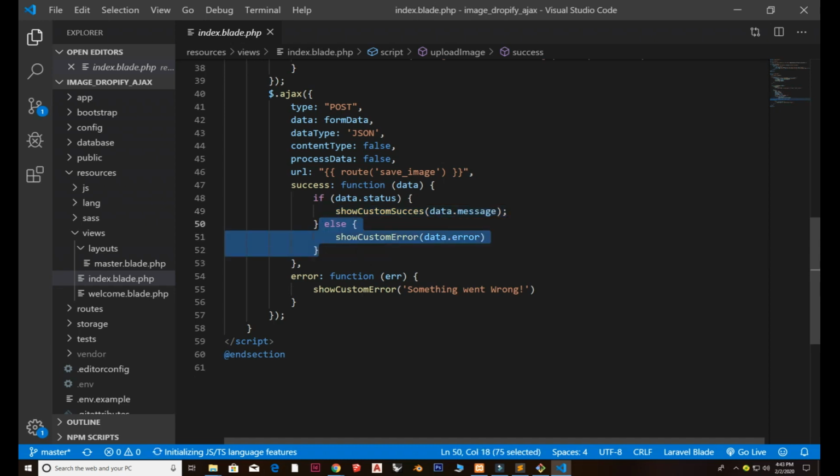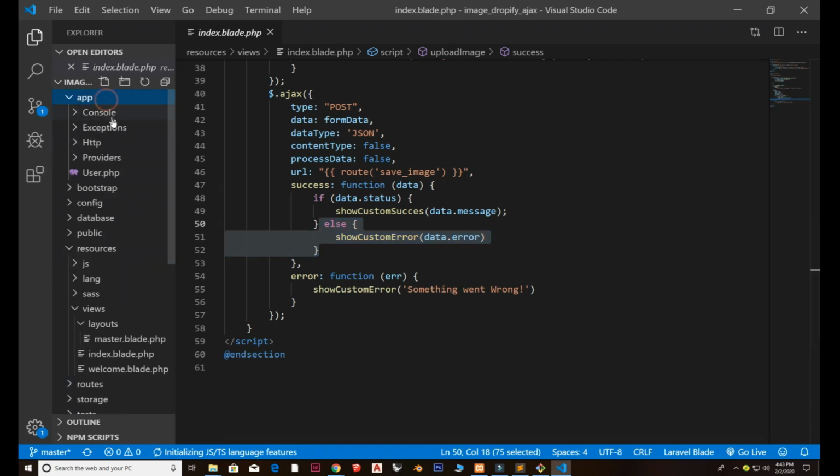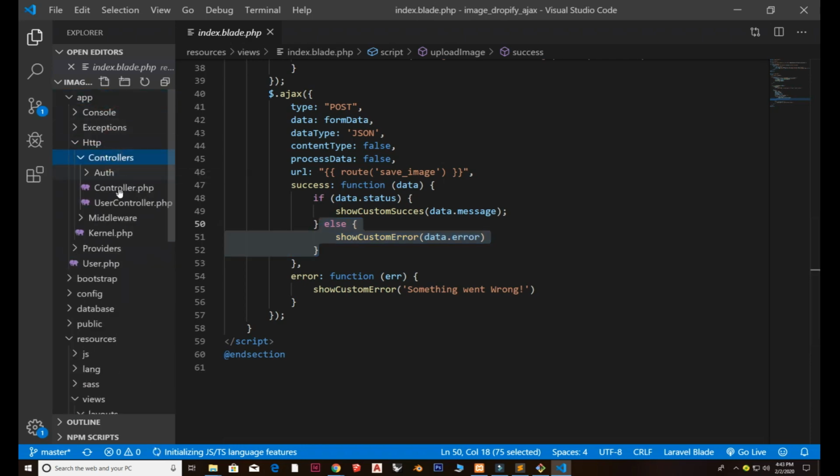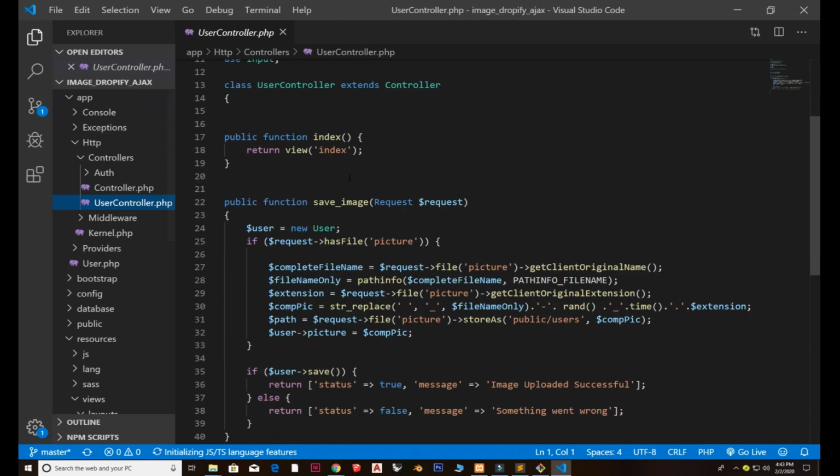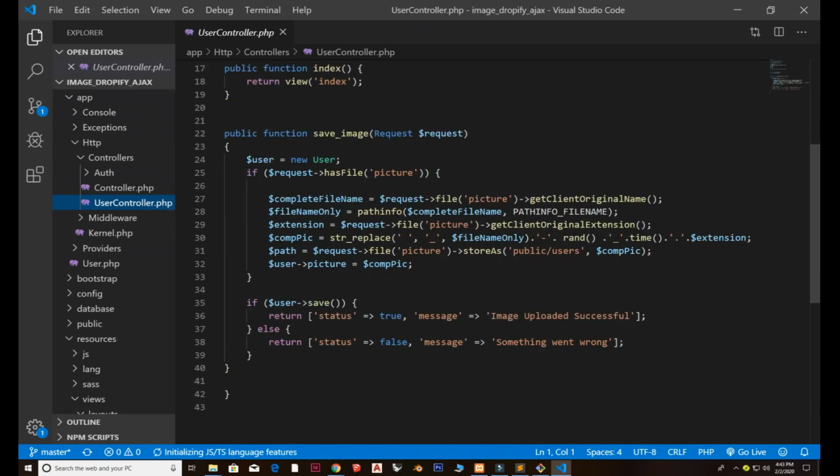All right, so then I need to go inside my app, HTTP, controllers, and my controller name is UserController, and we have a function save_image. It checks the file, it checks if we have an image, and getClientOriginalName, as I already discussed, is used to retrieve the file's original name, and we add the encryption type, which is multipart/form-data, wherever you are creating a form with input fields for images